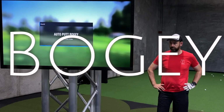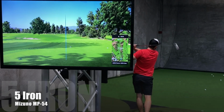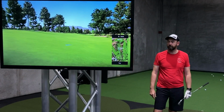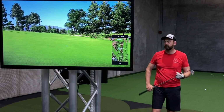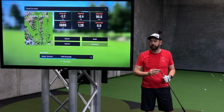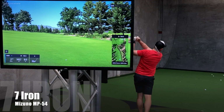So in terms of the swing changes that I am working on, I did a lesson after the what's in the bag video actually. I had quite a few people who know what they're talking about get in touch with me and say, what's going on? The club head speed's down, not hitting the ball well, what's going on? We need to do something. So